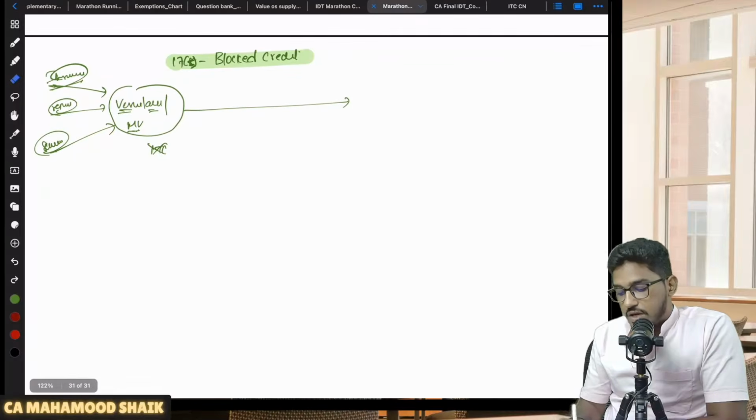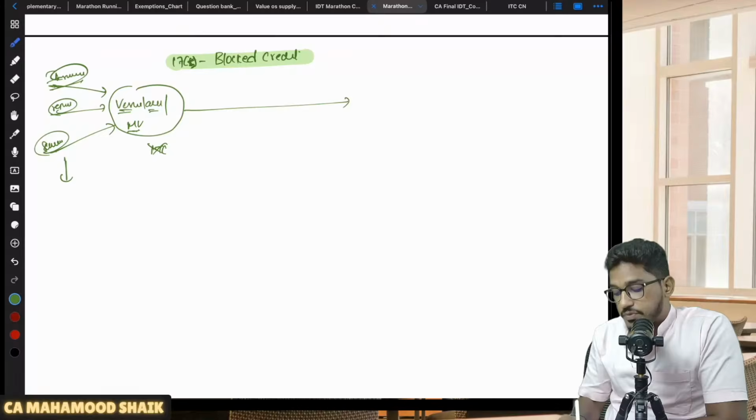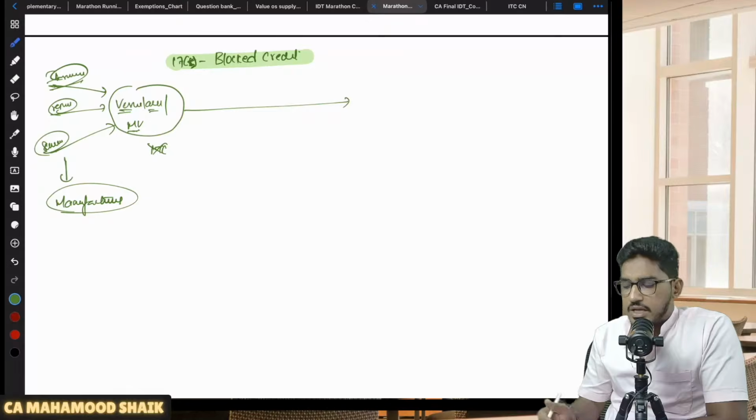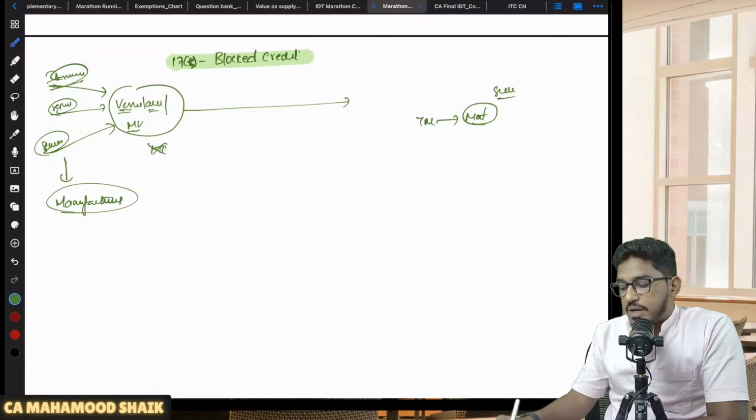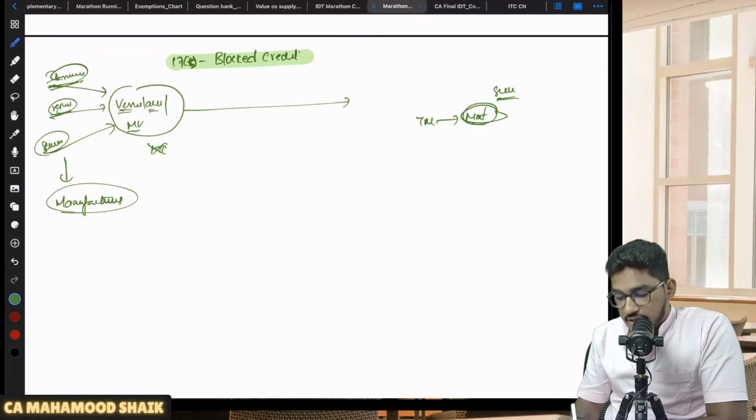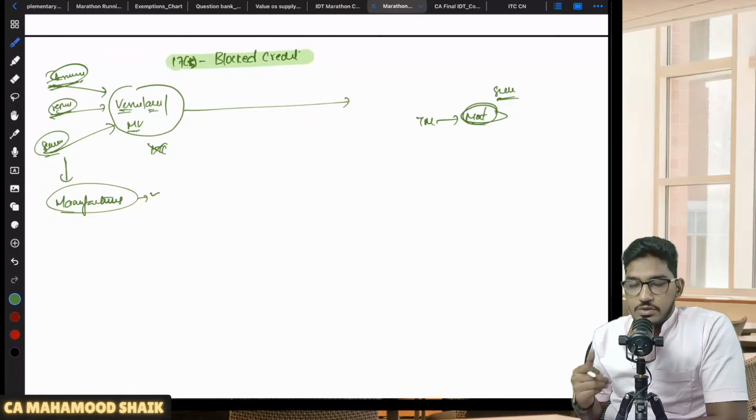The services of general insurance, repairs and servicing will be available for manufacturers. In case these services are availed by the manufacturers of those motor vehicles, vessels and aircraft, then they can take ITC. Let us say Tata Motors is there. It is into the business of manufacturing motor vehicles and they have taken insurance for the motor vehicles they are manufacturing, or they are incurring some service and repair cost for the motor vehicles they are manufacturing. Can they take ITC? Yes.